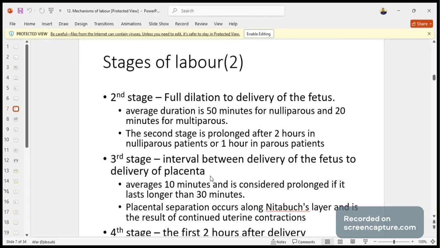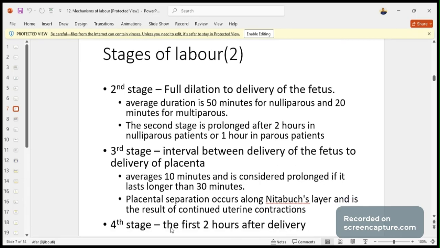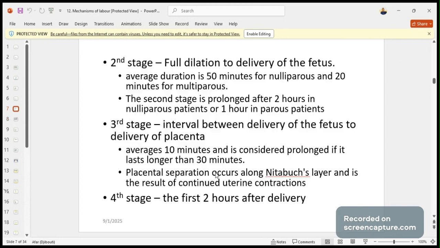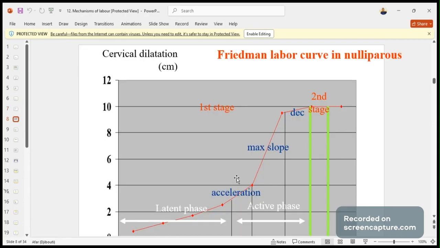Now, the third stage comes in. This is the interval between the delivery of the fetus and the delivery of the placenta. It supposedly takes around 10 minutes. If it is 30 minutes, that is now prolonged. Placenta separation occurs along what we call the Nitabuch's layer and is the result of continued uterine contraction. Okay, so the fourth stage is the first 2 hours after delivery, and what do we do